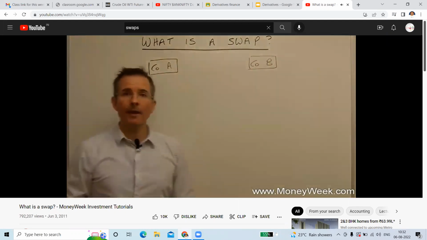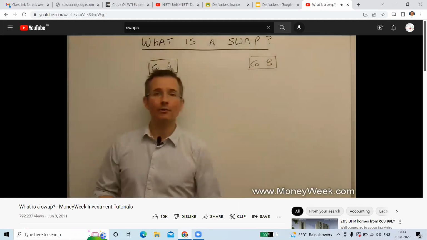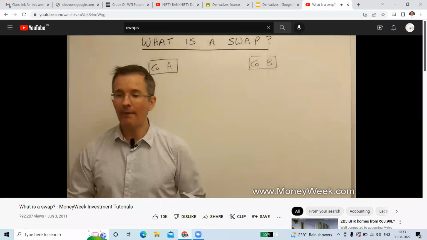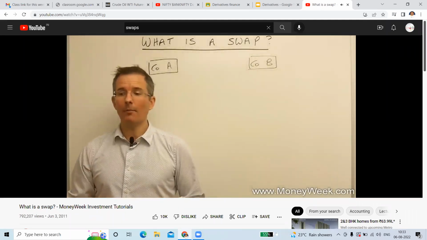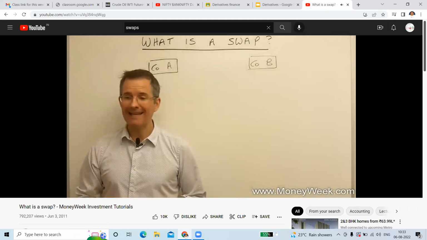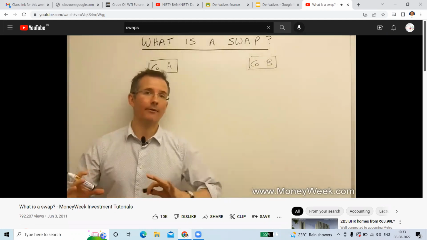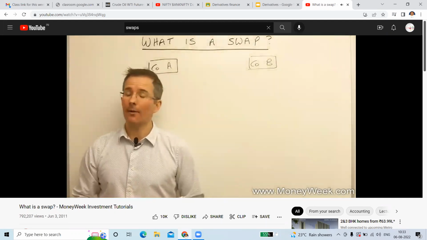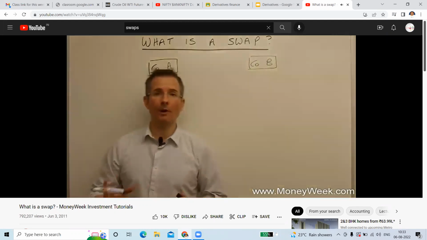And a bit like you or I, they need to borrow money in order to expand. They need 5 million each, just like you might apply for a mortgage, and they have different views about interest rates. So Company A would like, ideally, to borrow at a variable rate of interest. Perhaps they feel that interest rates are on the way down, or Company B would like to pay a fixed rate of interest, and that's a bit like the mortgage market.